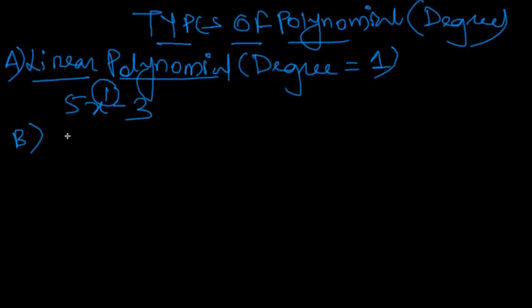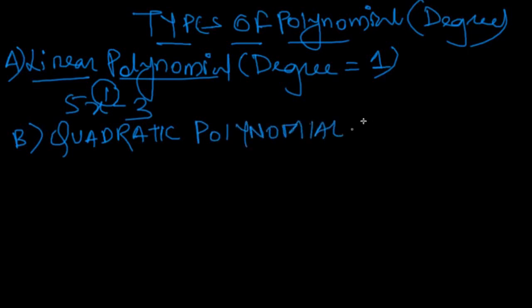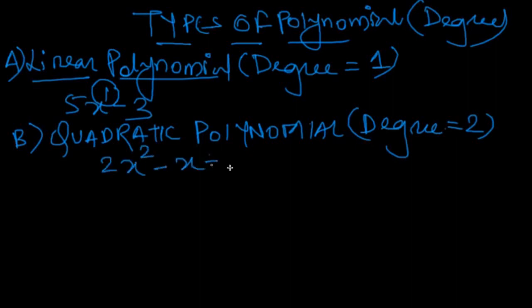The next classification or the next type is quadratic polynomial. Now what is a quadratic polynomial? A quadratic polynomial is the one which has its degree as 2. So whenever a polynomial is having a degree as 2, that is called as quadratic polynomial. So I can give you an example: 2x squared minus x plus 5. You can see the variable x is having highest power as 2, and hence it will be called as a